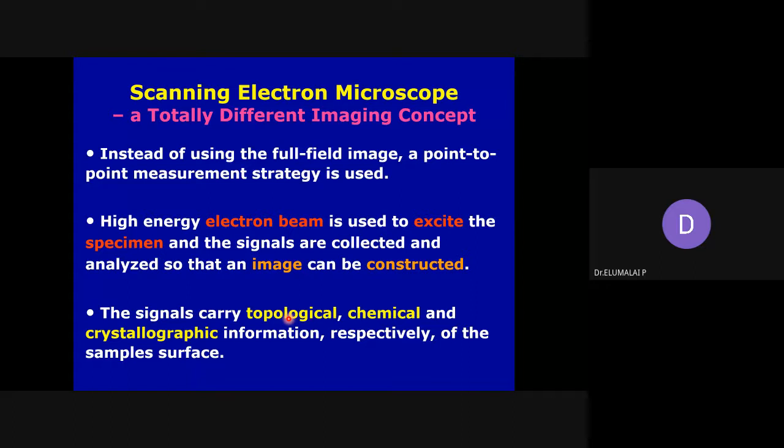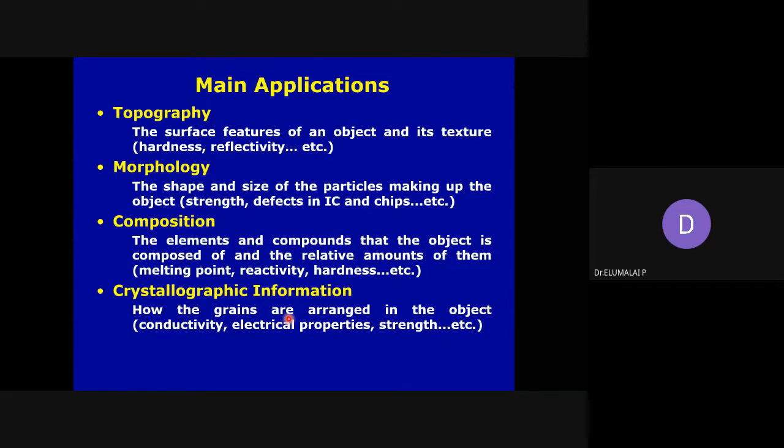In scanning electron microscope, instead of light, electron beams are used to capture the images. How? Electrons are generated, accelerated, and focused using electromagnets, then allowed to interact with the sample. Sometimes it may be scattering, sometimes backscattering, or many times transmitting. When the material interacts with the electron, you will get this information.